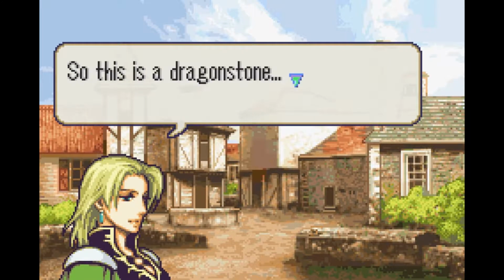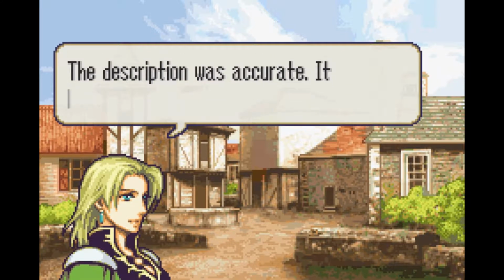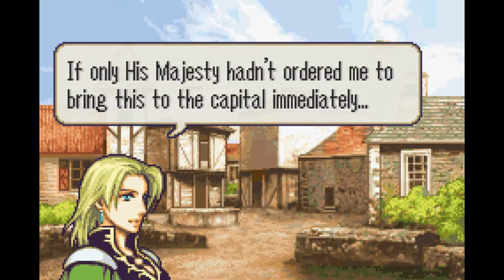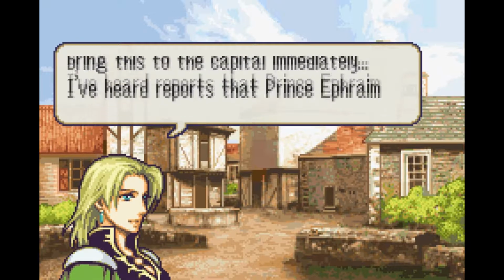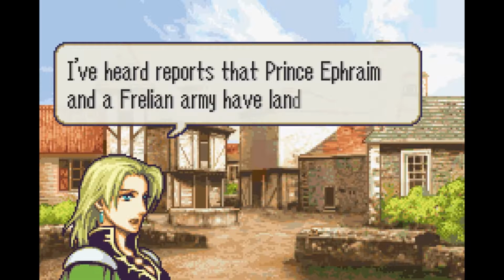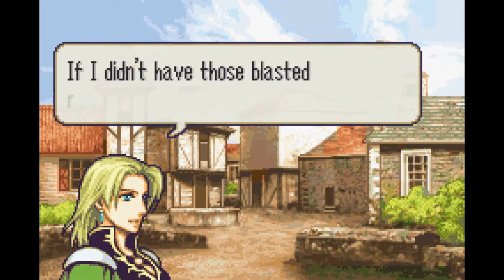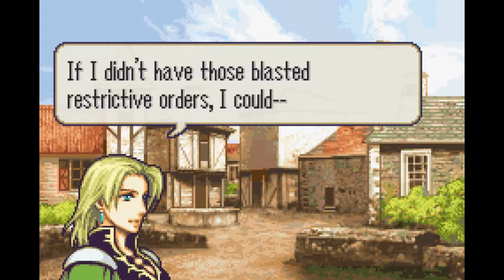So this is a dragonstone. The description was accurate. It looks like an ordinary gemstone. If only His Majesty hadn't ordered me to bring this to the capital immediately. I've heard reports that Prince Ephraim and a Freelian army have landed nearby. If I didn't have those blasted restrictive orders, I could...